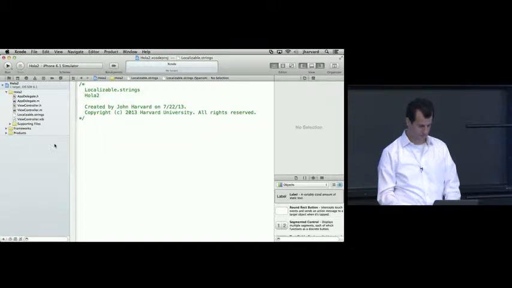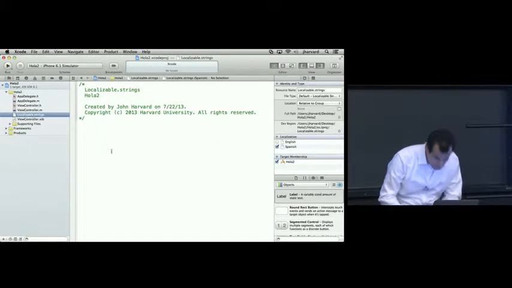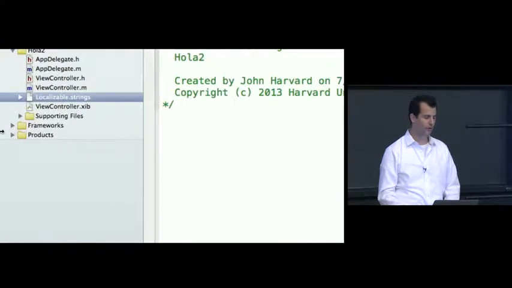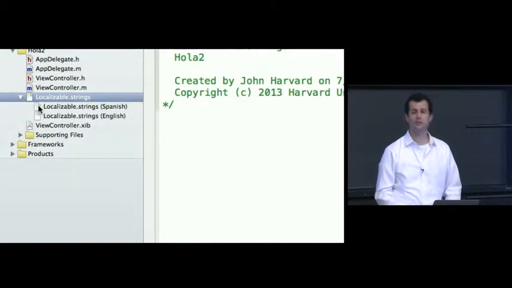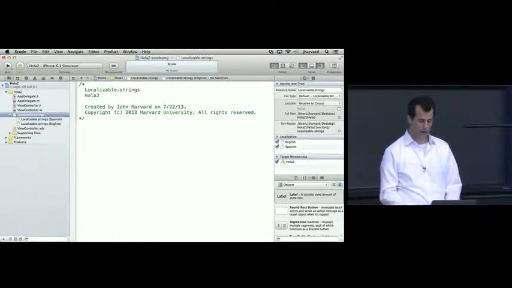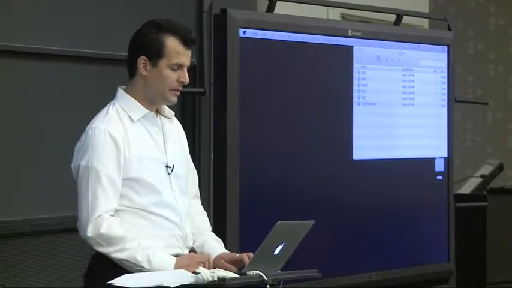And now, that did not behave. Oh, there it is. By default, Xcode does not check both boxes. So if we now check English and now go over here on the left, localizable.strings has both English and Spanish forms. So if we fast forward now to the climax of this example, what we'll see is an example that